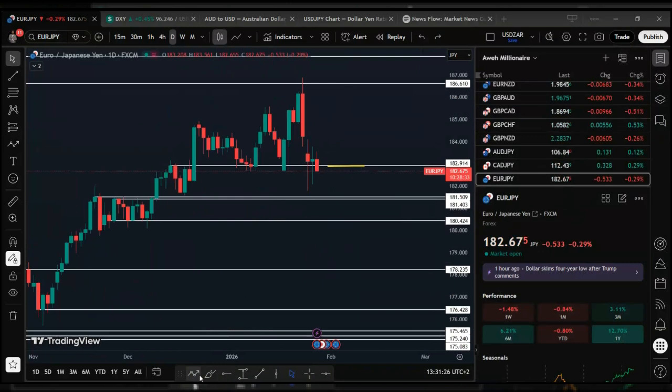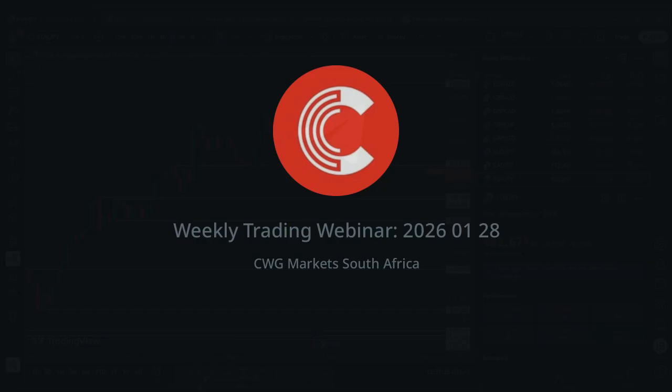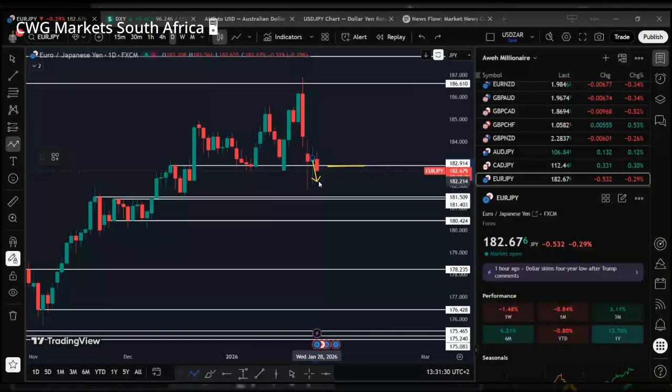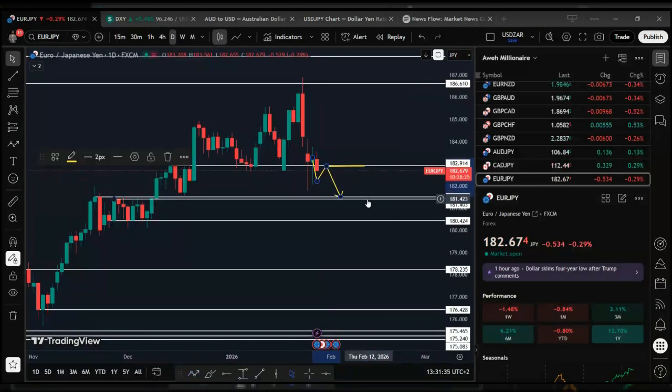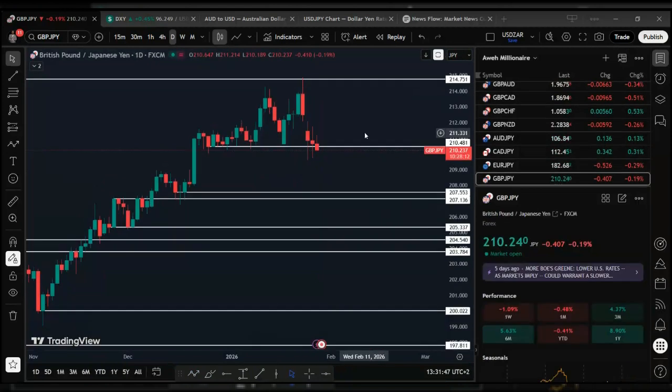However, if price does manage to close below this level, then opens up doors for this downward momentum to continue down to test the next major support, which is a zone between 181.50 and 181.40 zone of major support on Euro JPY. So that's Euro JPY. Next, we've got GBP JPY, which is giving us a similar price action pattern here, where